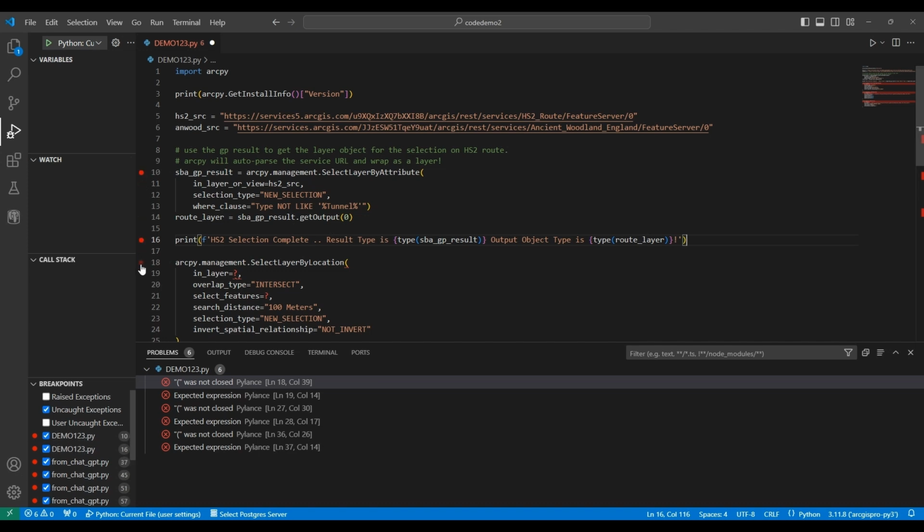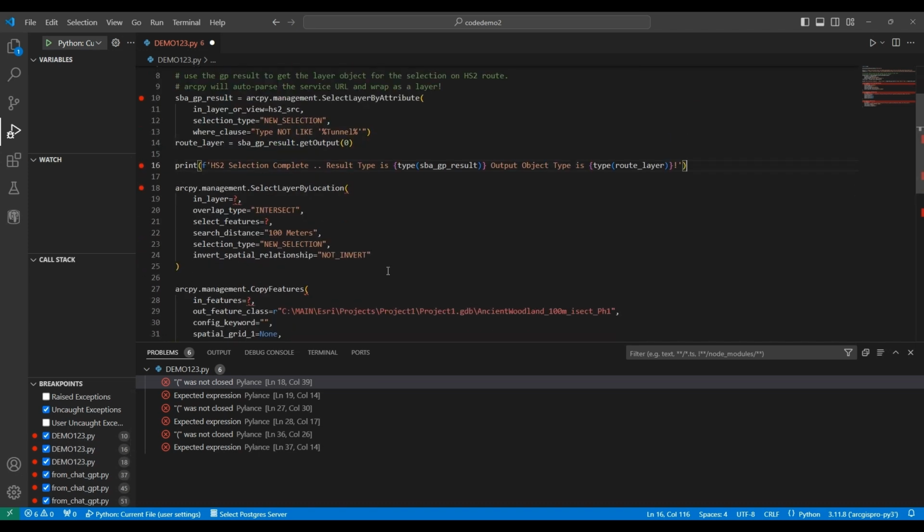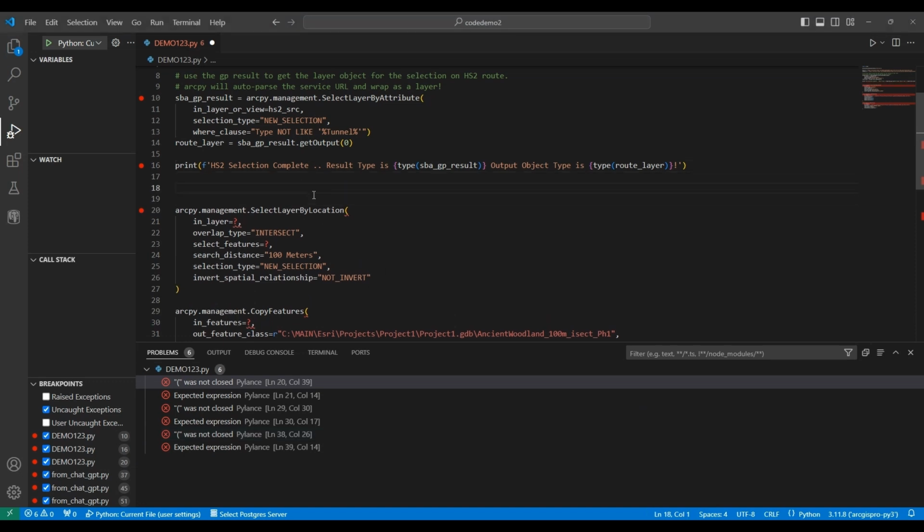I'll put a breakpoint on both of those. The next bit, I'm going to use the other way. I'm going to make a feature layer up front, okay? I'm going to use arcpy.management.featureLayer. So, for the select layer by location,